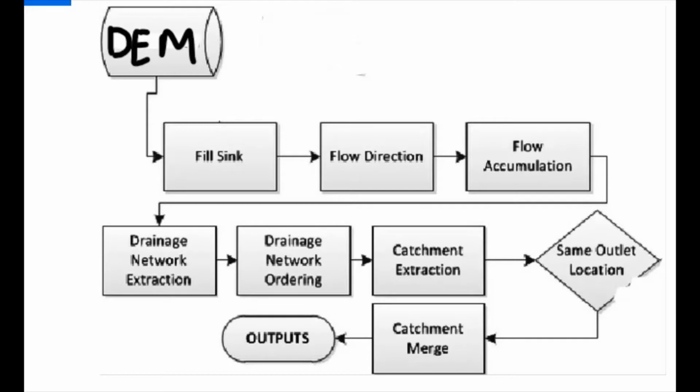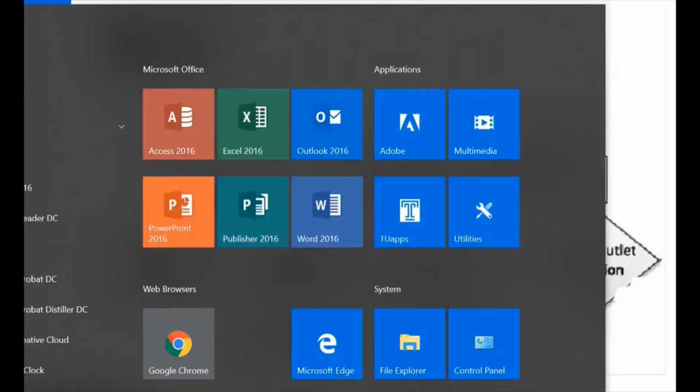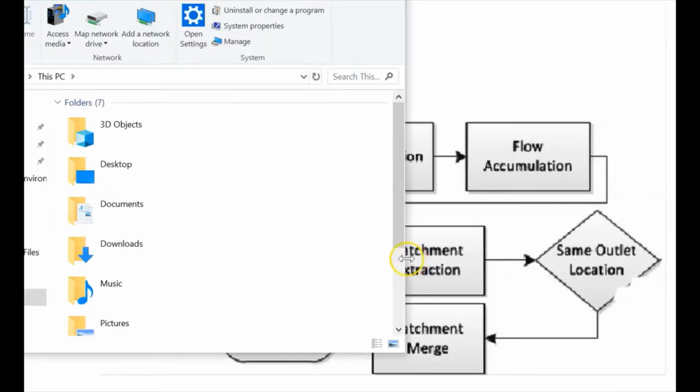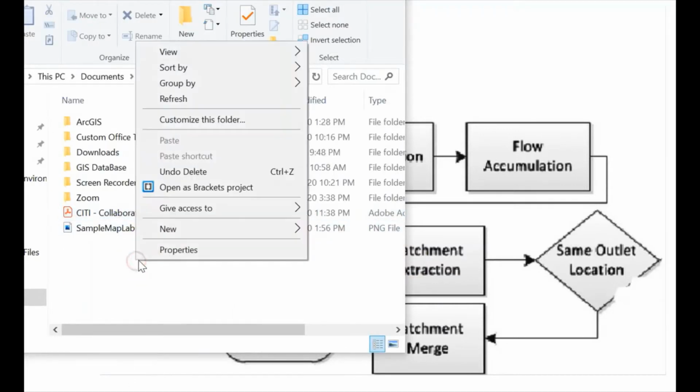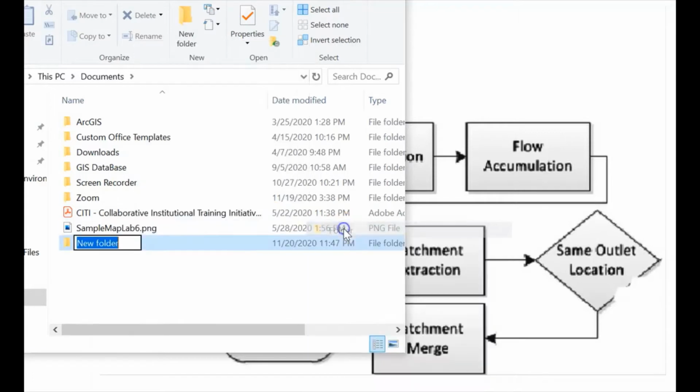That's why it's a good practice to create a workspace and then ultimately create subfolders as needed to save and manage the data sets. So for this purpose, let's create a folder by using the File Explorer. So go to the Start button and File Explorer, and you can save anywhere like on the desktop or anywhere. For example, in this case, let's create a folder in the Documents folder and right click and New folder, and let's give a kind of descriptive name. So for example, Basin Delineation folder, and we can create